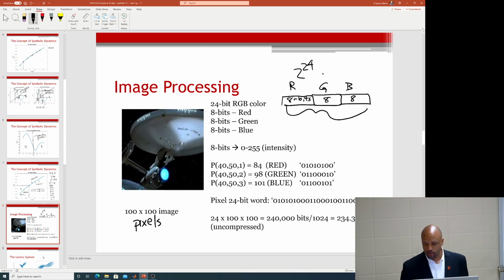That's why you get 24 bits. Now, these are the intensity levels for each of the colors. So the intensity level between 0 and 255,